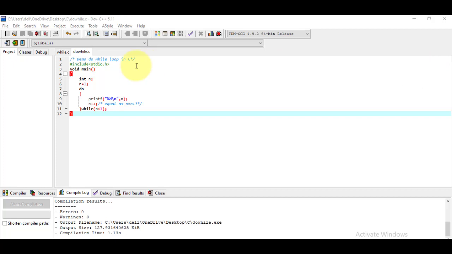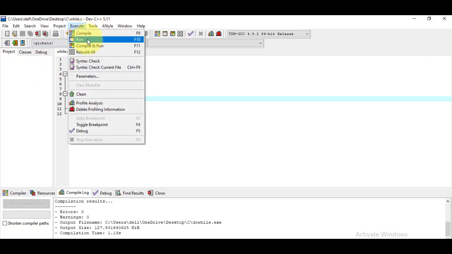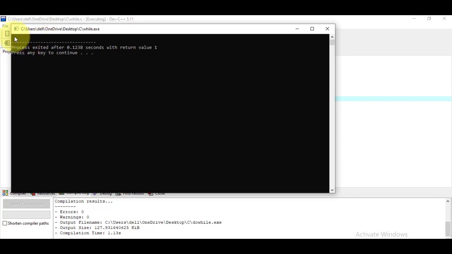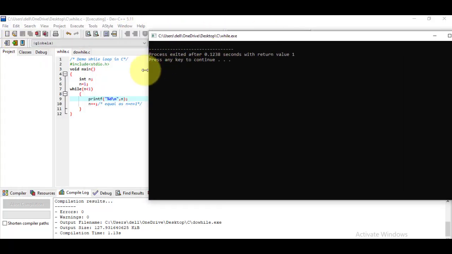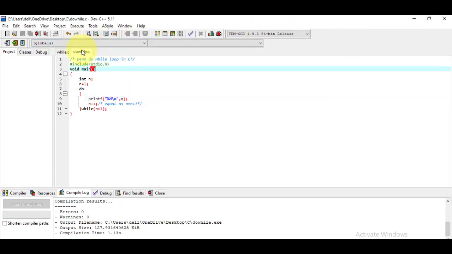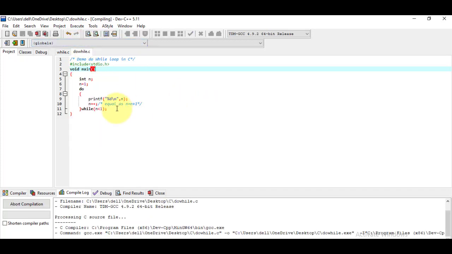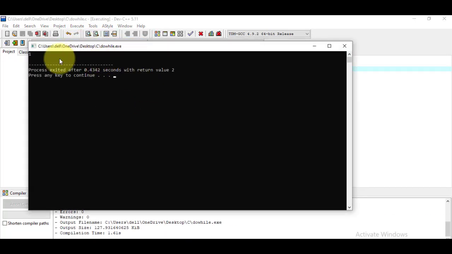If we run this while loop, it's not giving any output because the condition first becomes false, and as the condition becomes false, it will not execute the body of the loop. Whereas in the do while case, it will first execute the body once.